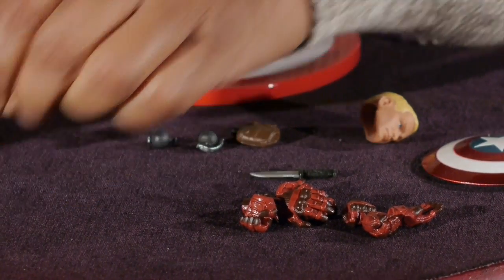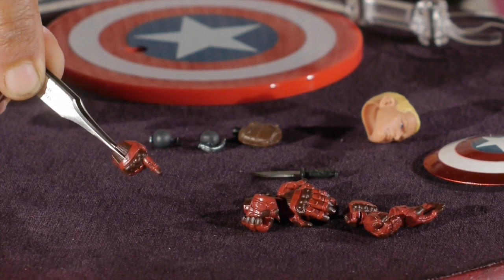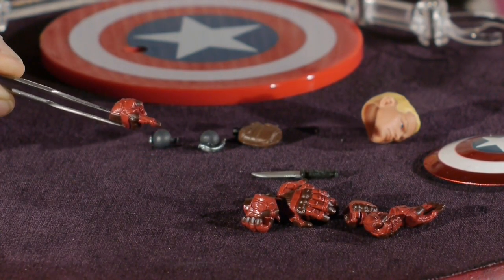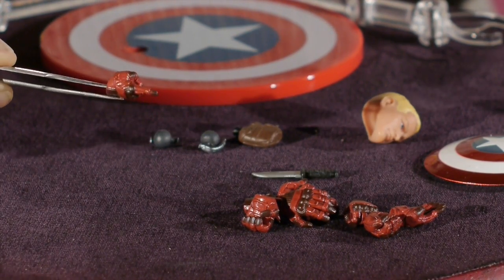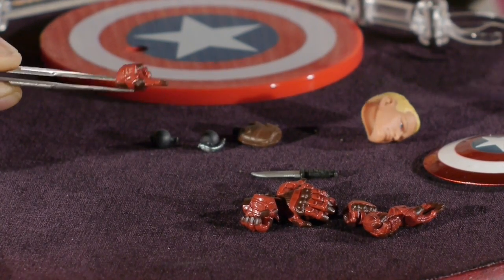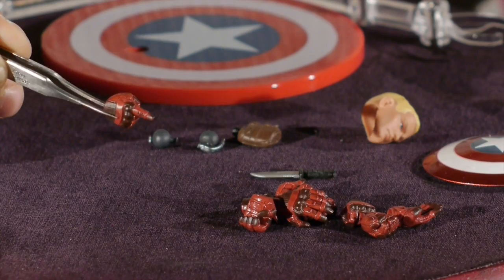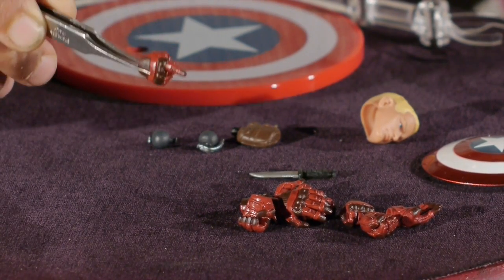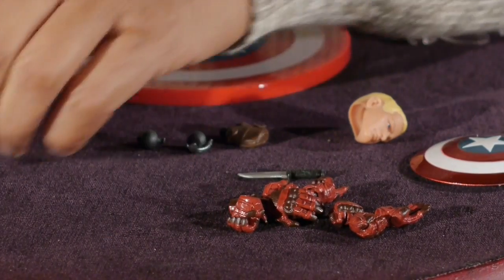Comes with the finger pointing hand, which is very popular with Captain America. I don't know where that started from. I think it started from the Avengers movie when he pointed and he said, Hulk, smash. Because every Captain America I've seen since then seems to come with a finger pointing hand, no matter if it's Hasbro, Hot Toys, or MEZCO. They always have a finger pointing option hand in there. There you go, giving an order, strike, attack, I'm on to you, that type of thing. That, let's see, and of course,